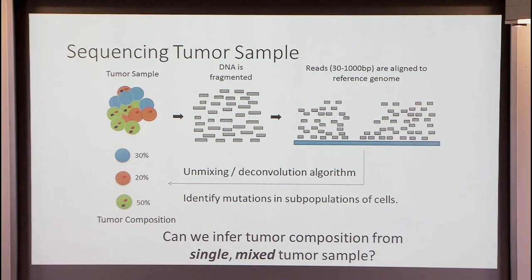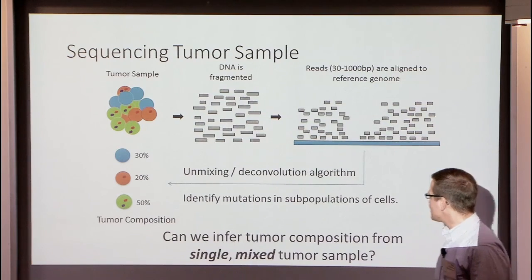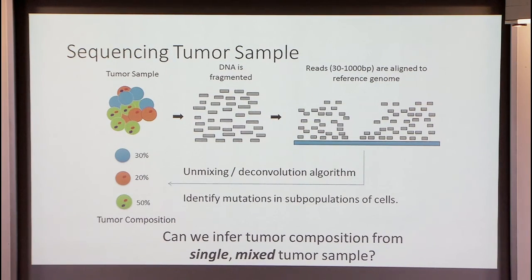Okay, and then just like with single nucleotide variants, we call them, but then in cancer we have this mixture problem. Same thing happens with copy number variants. We might try to determine which fraction of the cells have a particular copy number variant. We might even go further and ask: could we take a single tumor sample, which might have normal cells without any mutations, and then various subpopulations of tumor cells, and unmix them computationally?